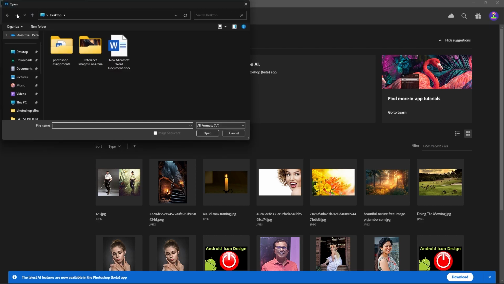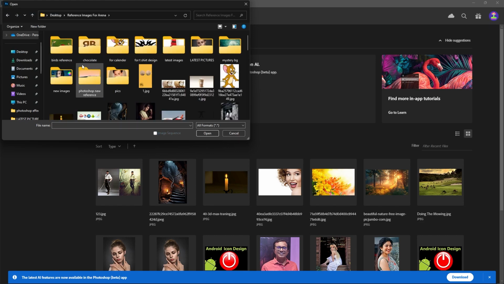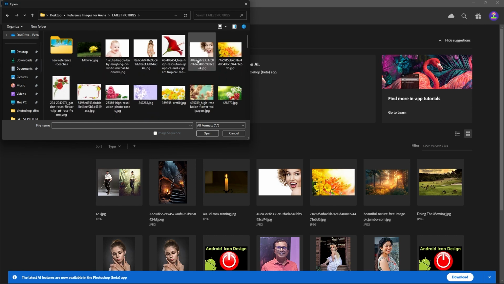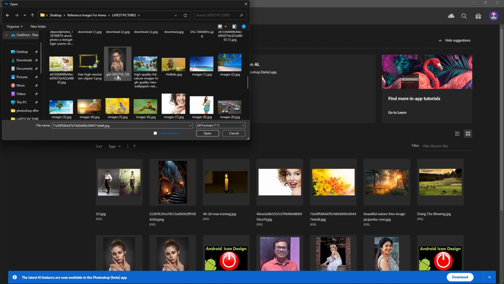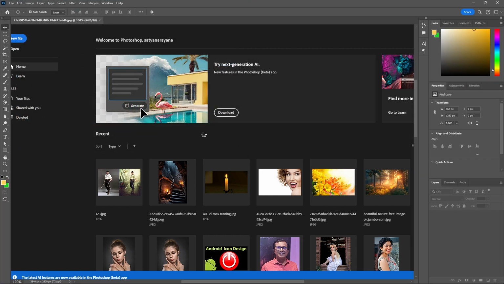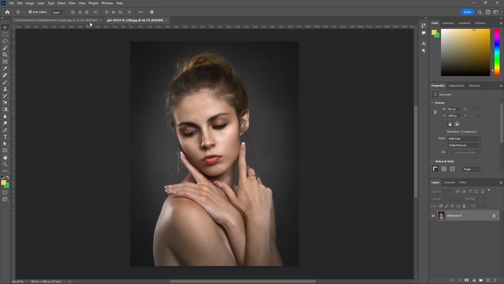and open. There is a reference image. From this, take these images, and suppose this, open these two. Okay,